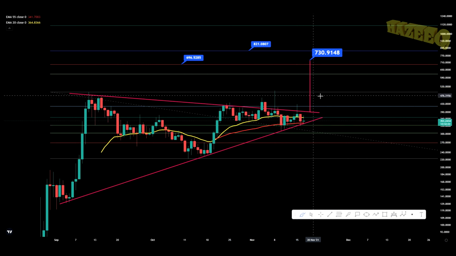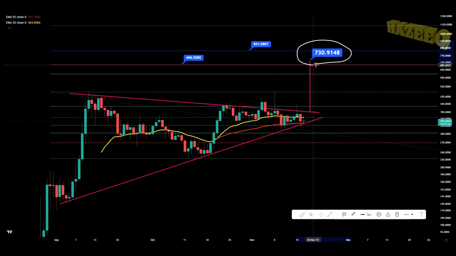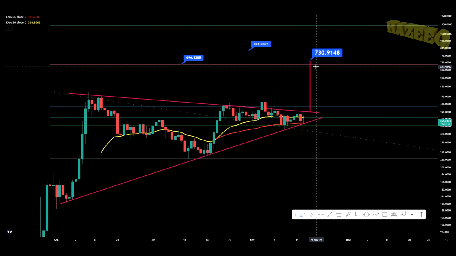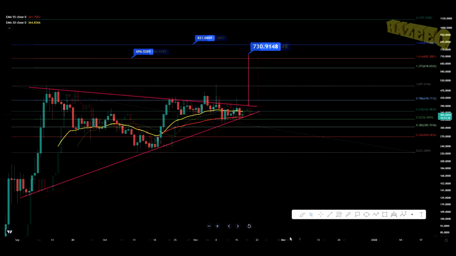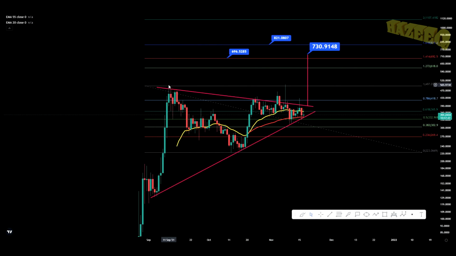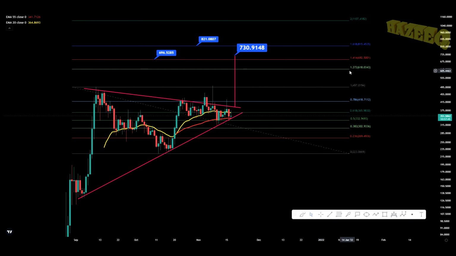And currently the breakout target from this horizontal is sitting at $730 roughly. And that means that if we get to that target, we will break the previous swing high that we have over here at $500. And we will get through the 1.272 at $600.18. And we'll break through the 1.414 at